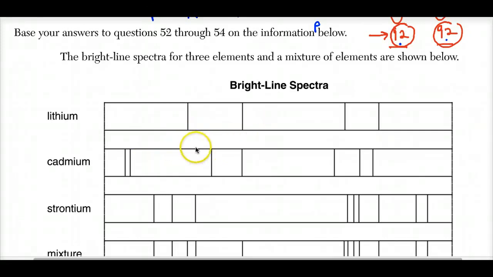We used a diffracting lens, and you were able to break up the light into its individual wavelengths or frequencies, and you saw the different colors. Every element has a unique spectral footprint that describes itself in terms of its energies, which are associated with the movements of electrons. Every element has a unique energy arrangement with its electrons to its nucleus. So in any case, you have these three elements, lithium, cadmium,